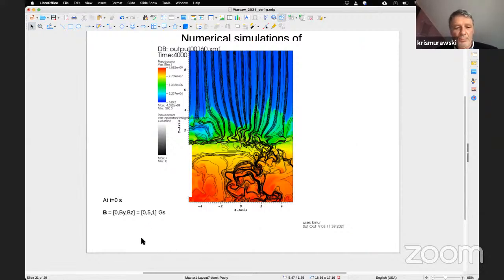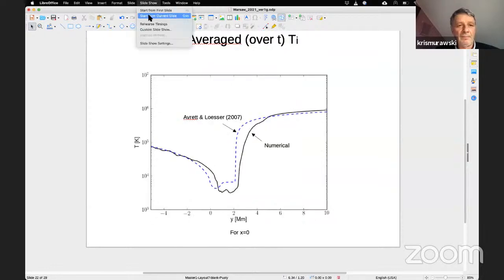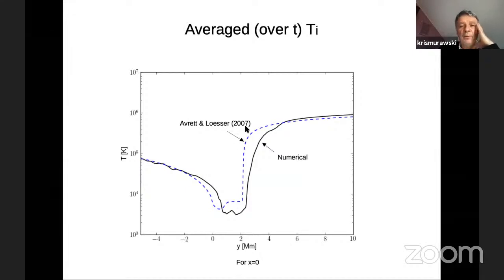So at least in this model, of course, it's not an exact overlay, but at least the numerical data is quite close. Well, we can say it is relatively close to the observational data of the average